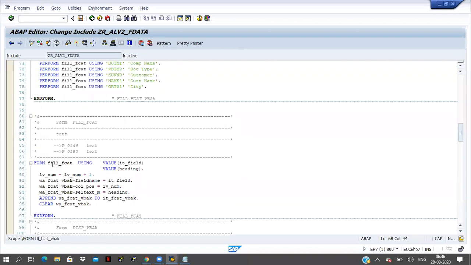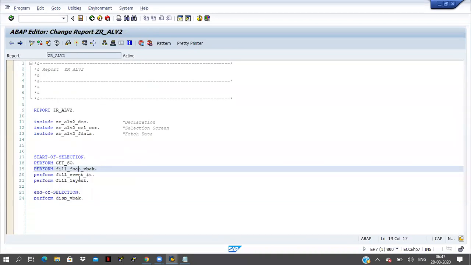I am declaring here: the form name and using, the value I am taking. This value is coming into one variable, and here also it is coming into one variable. Two input parameters are there, so here two values it is taking.